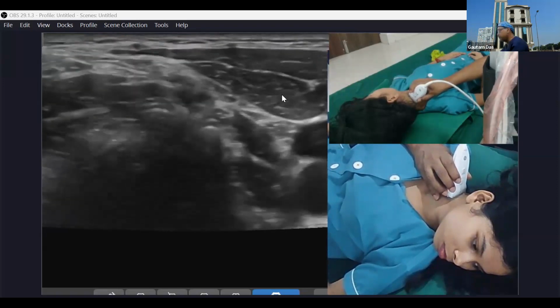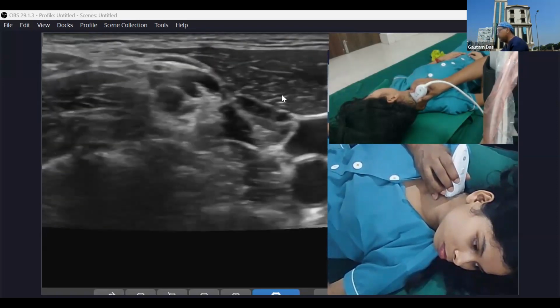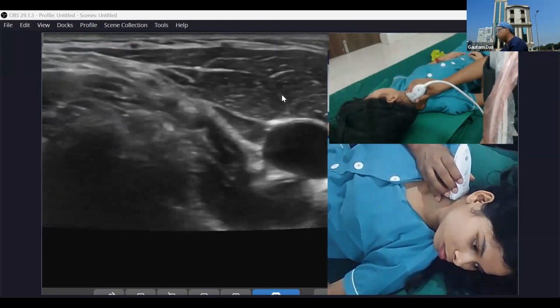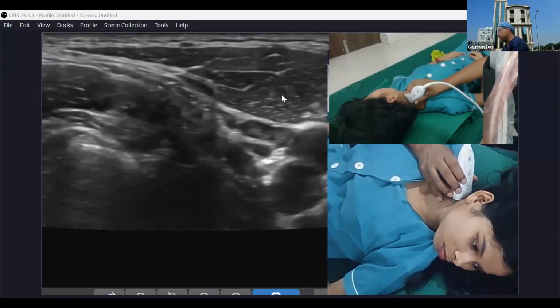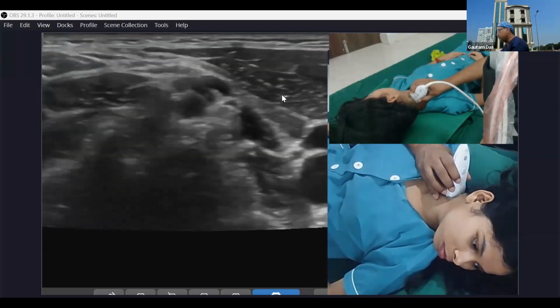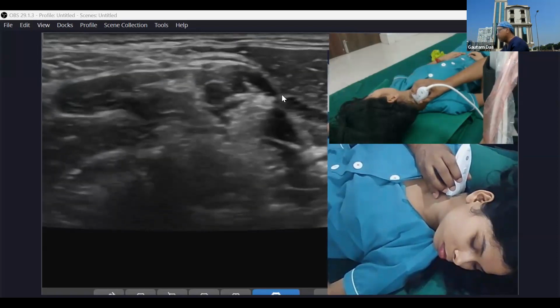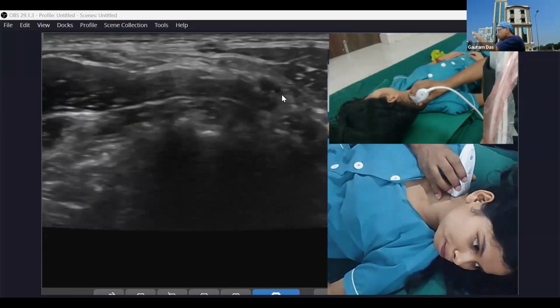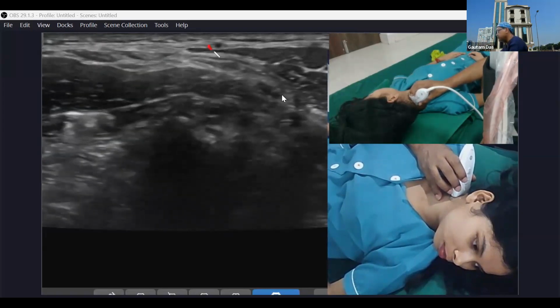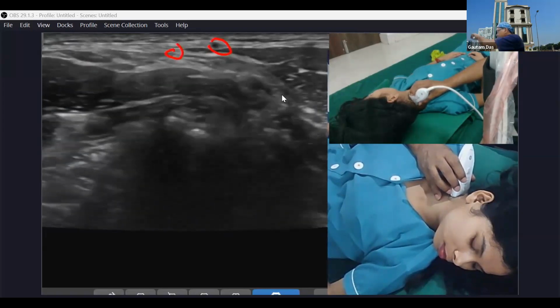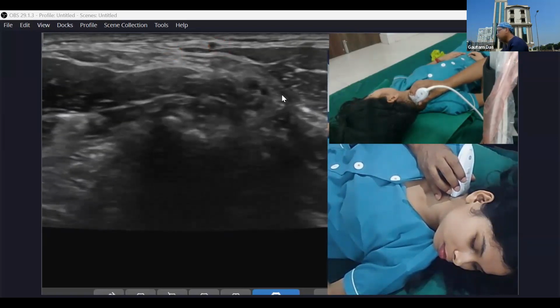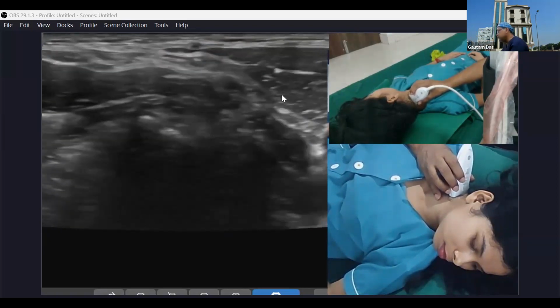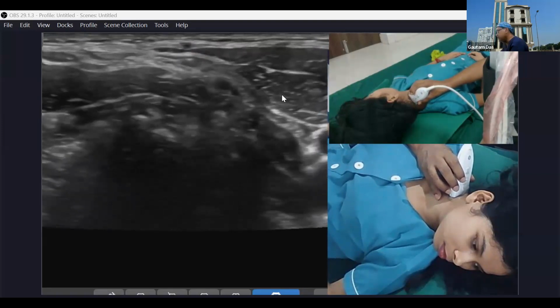So this nerve was coming like this and going in this way. Try to follow this nerve. If I'm coming down, it is going below. And then it is wrapping around. So this is your greater auricular nerve. But another nerve is there, which is going along the posterior border only. It is not coming anterior. Here another tiny nerve is there. This nerve seen here is the greater auricular nerve, very nicely seen. But here